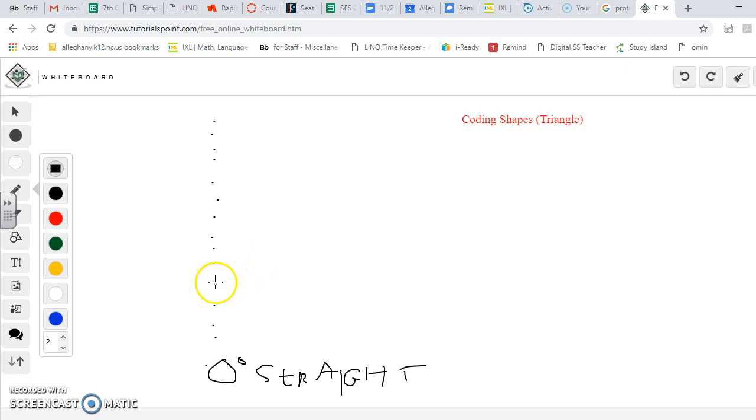And then for every box on your grid is equal to 1 foot. So if I did 4 boxes on that one side of my triangle, then that would be 4 feet out in the hallway when you're actually programming your robot. Okay, on this next line,